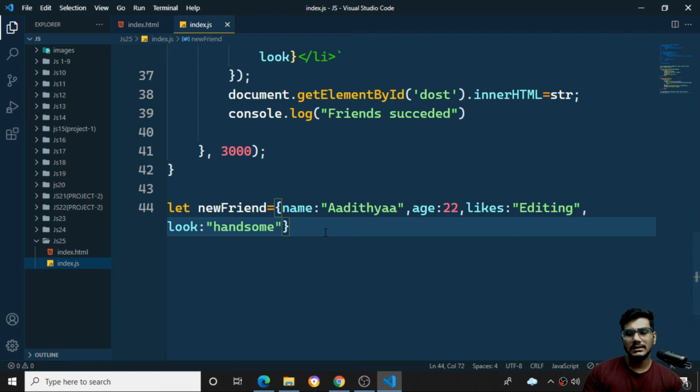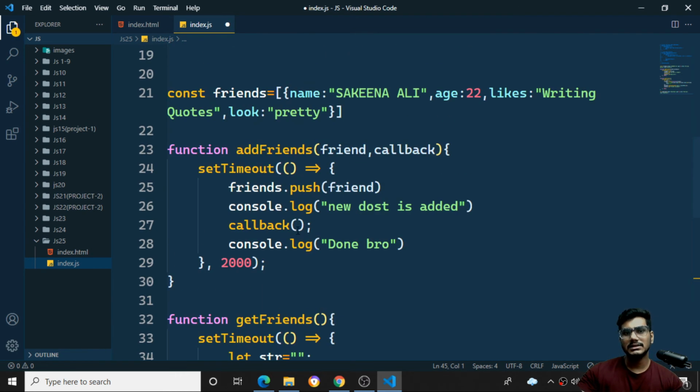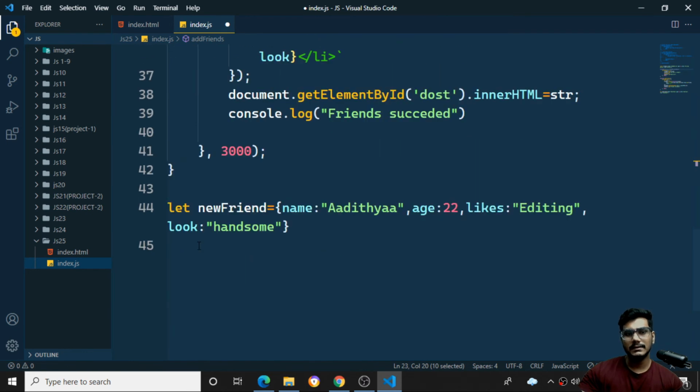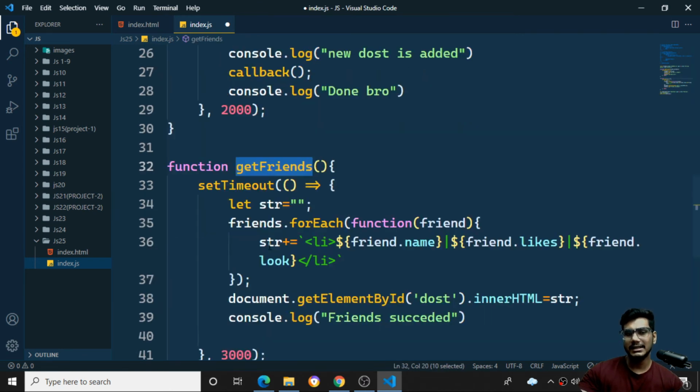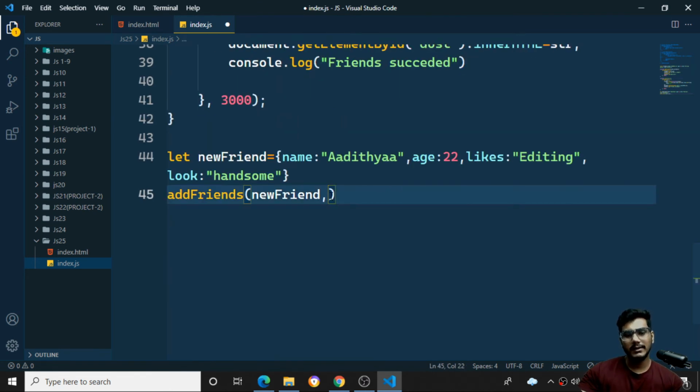Along with that, I want to run the function, that is nothing but this particular function, I need to call this function. So what it takes means, whatever the new object you are adding, pass it first. Then what you need to do, you need to get this particular friend's ID. I'll explain you once again, I know you're getting confused here.